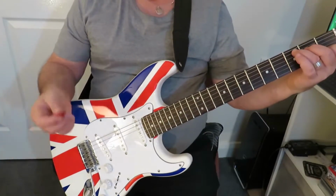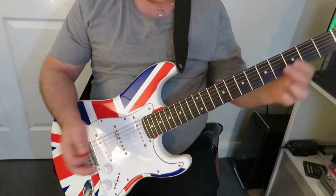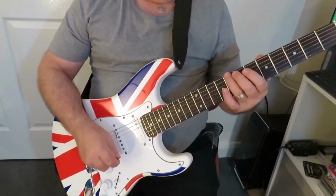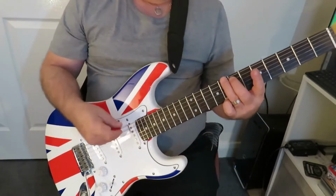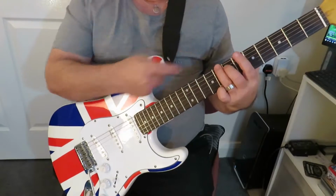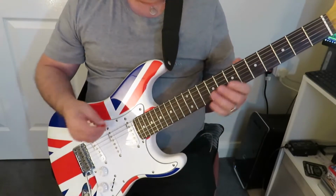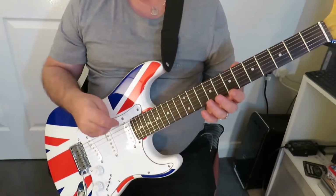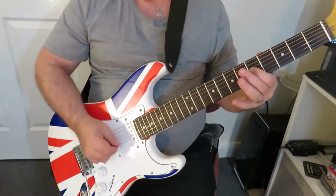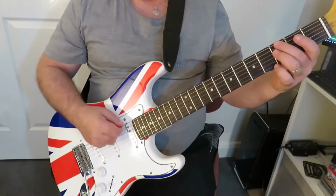So a basic standard C chord is there, a basic standard G chord is there. Now we can play these G shape chords up here, so we can play a C chord here, but it's very difficult and impractical to play a C like this. So what can we do? We break that chord down into its component parts. So we've got... same with an open G, we've got...